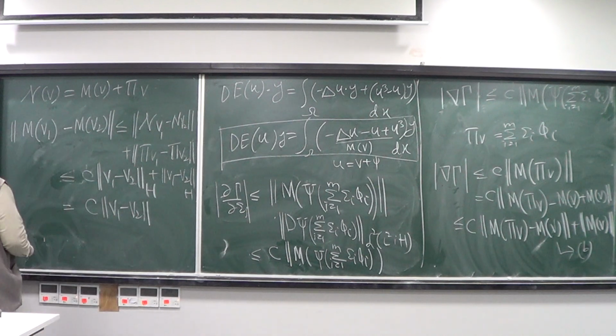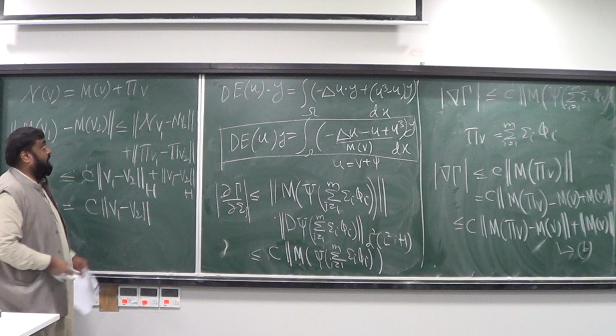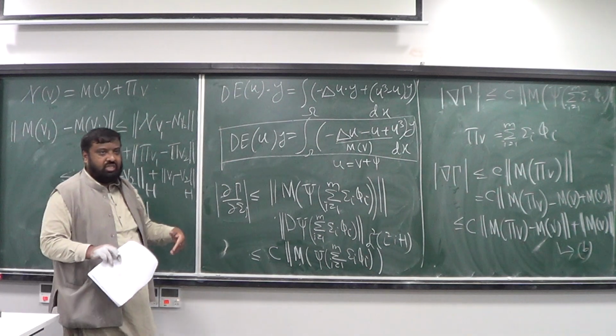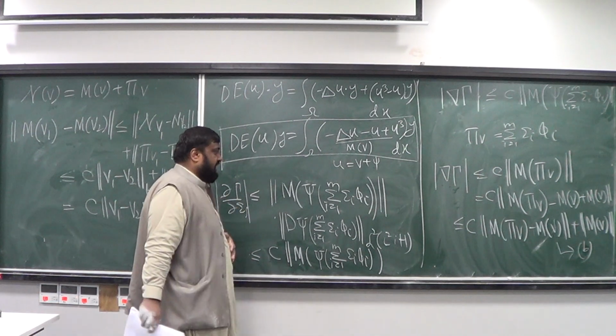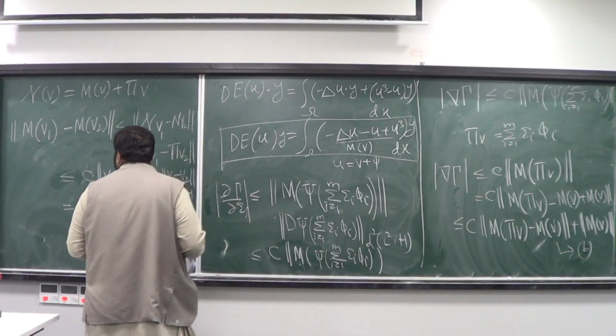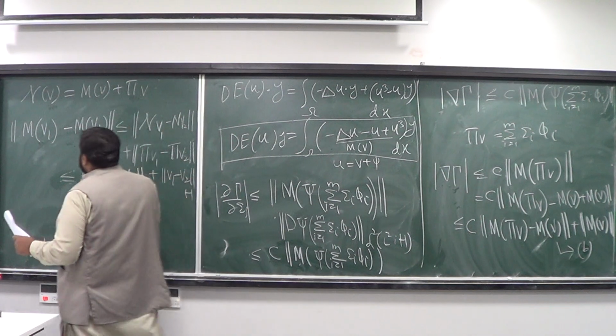So what does this show? That M is also Lipschitz. We know that N is Lipschitz in a small neighborhood, then M is also Lipschitz in the small neighborhood. So this is the first conclusion that I would like to have. And now